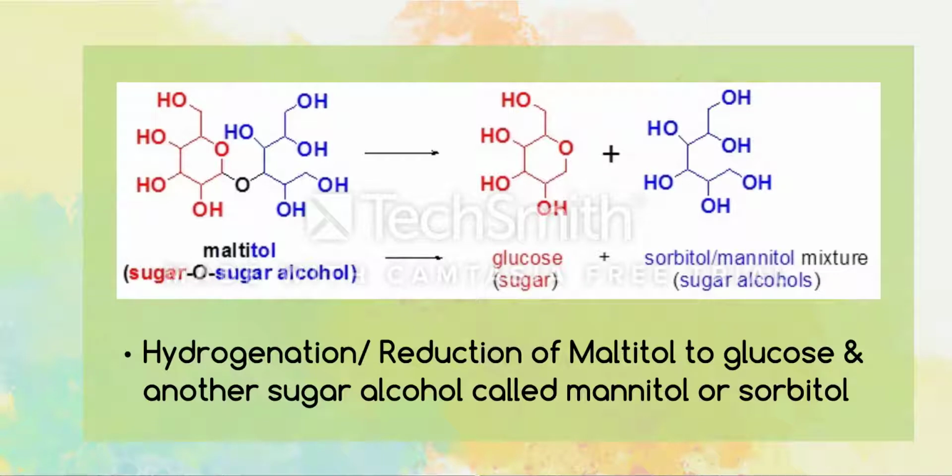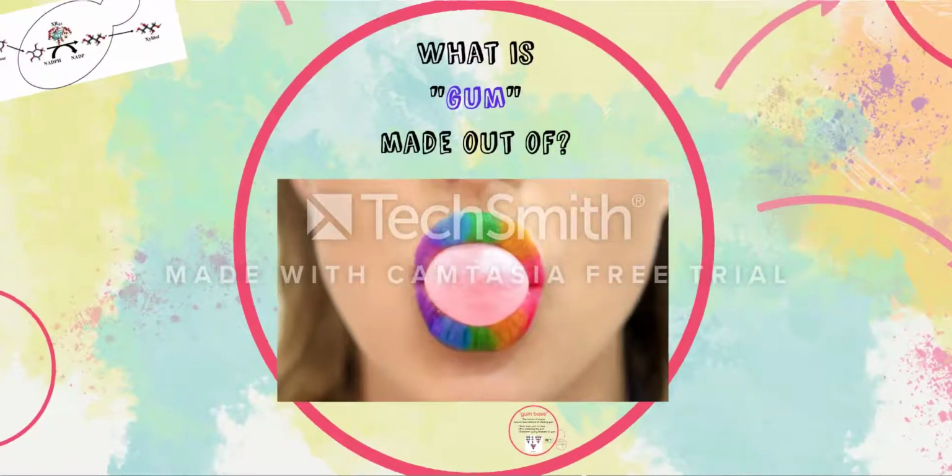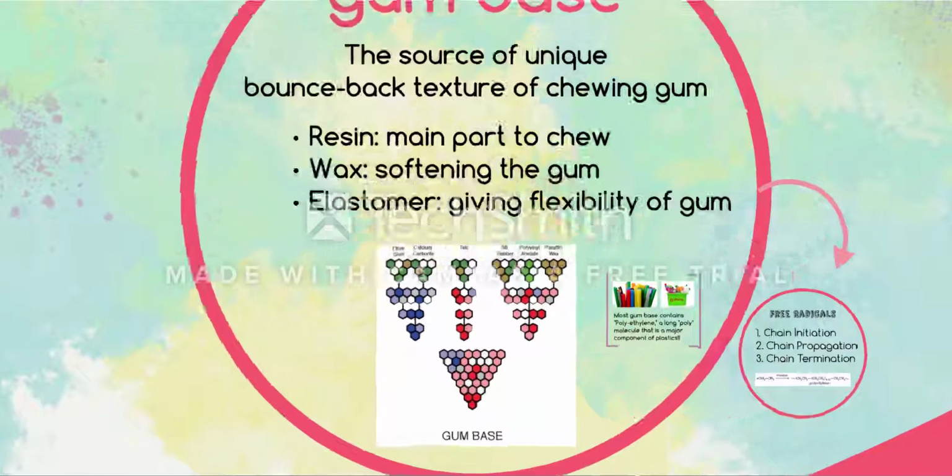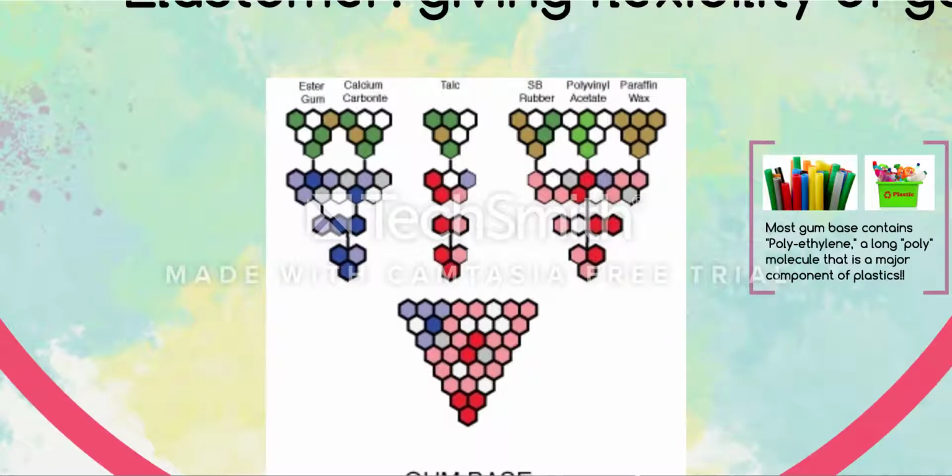So now we will explain to you guys about what gum is actually made out of. In order to talk about what's called gum base, we need to understand what that is first. Gum base is the source of the unique bounce-back texture of chewing gum, composed of resin, wax, and elastomer. It is a non-nutritive,